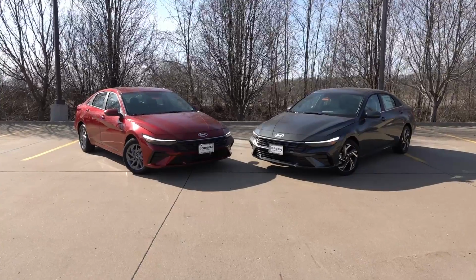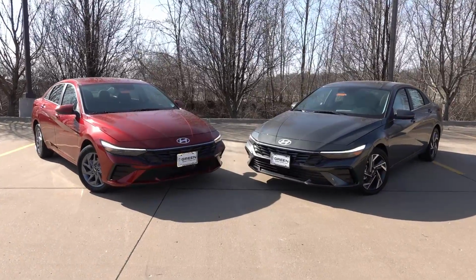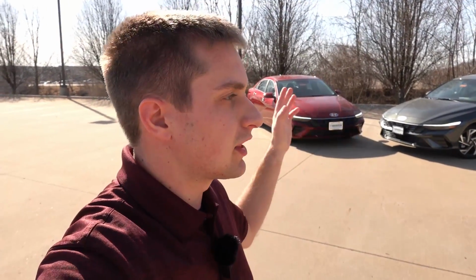So you're interested in purchasing the refreshed 2024 Elantra Hybrid, but aren't sure which trim level to go with. Well, today behind me, I have the Blue as well as the Hybrid Limited. And today we're gonna compare each of these two side by side, see what each one has to offer for the price point, and also compare it to the outgoing 2023 Hybrid, both in terms of pricing, features, as well as why I think one of these two trim levels behind me is a complete standout value across the entire